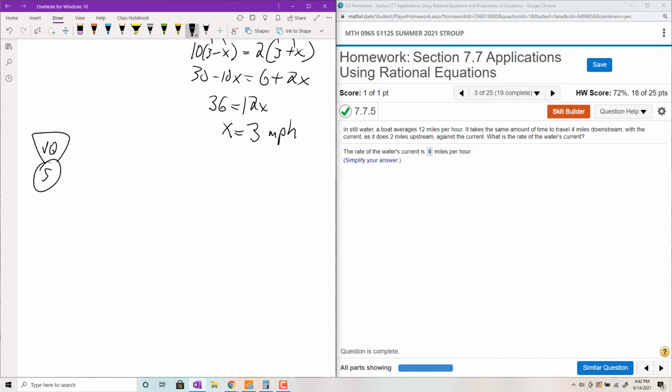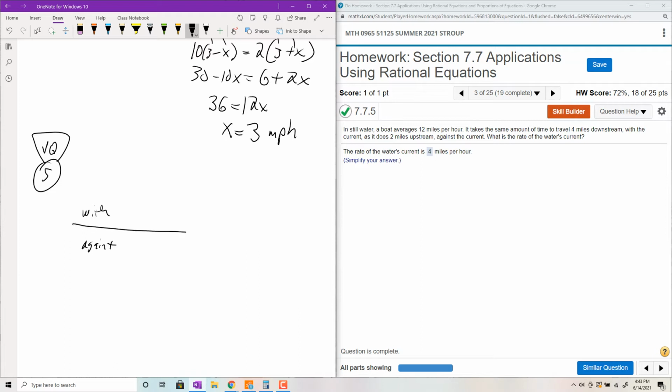Okay, so anyways, in still water, the boat averages 12 miles per hour. It takes the same amount of time to travel 4 miles downstream with the current as it does 2 miles upstream against the current. What's the rate of the water's current? So again, do your table. Going downstream is with the current, so I'll write with the current, and then against the current